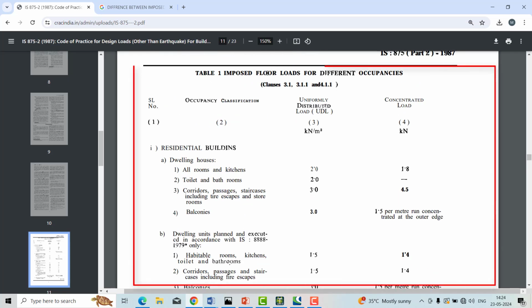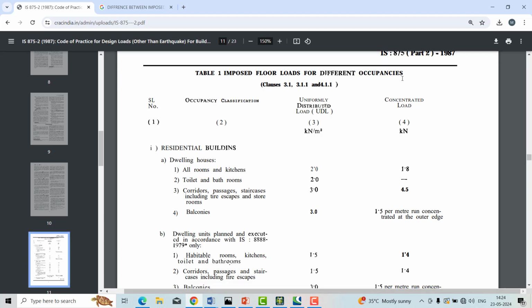So this is the imposed floor loads for different occupancies. Imposed or live load is normally applied over the slab or floor, and it depends whether we are going to design a residential building, commercial building, or important building like an airport or hospital. So you can have a look here.